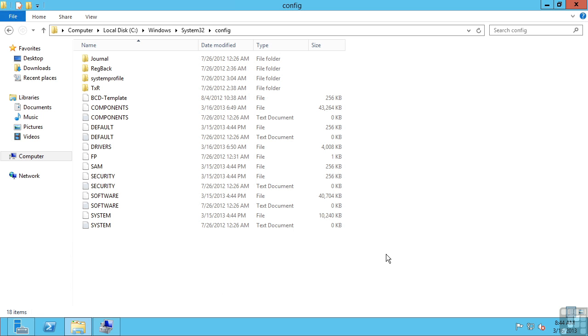A machine in a workgroup has its own Security Accounts Manager database, or SAM, and this stores information about the user accounts, passwords of those user accounts, some attributes, and group memberships. Each machine has its own SAM, and so this can get very complicated to manage if you have a lot of machines. With each machine having its own SAM file and its own passwords for accounts, it's very difficult